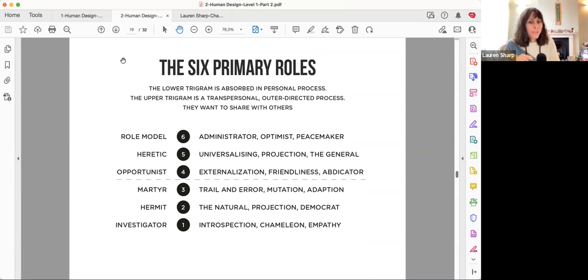So that's a 3. The 3 is about that. It's about getting out there. So when you have a 3, it's like, what happens in trial and error, right? Trial and error is you go out, you do that stuff, the plate is hot.